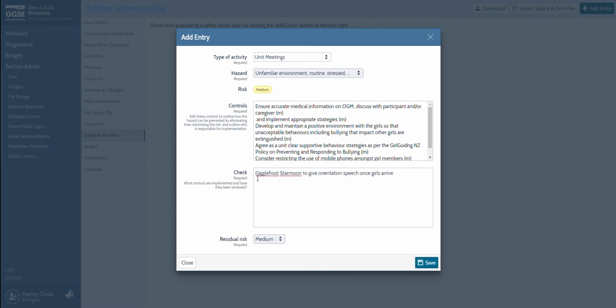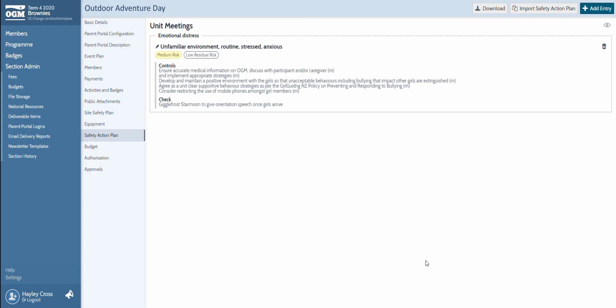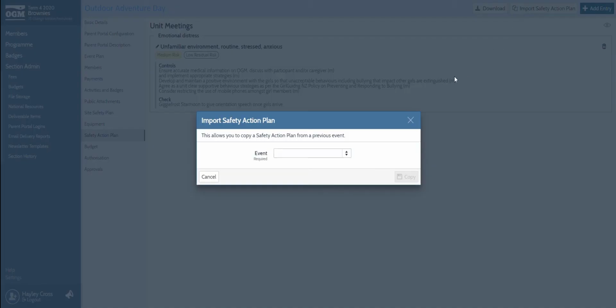And reclassify the risk at the bottom once you've done your checks. You can also import your unit SAP or an SAP from another event.